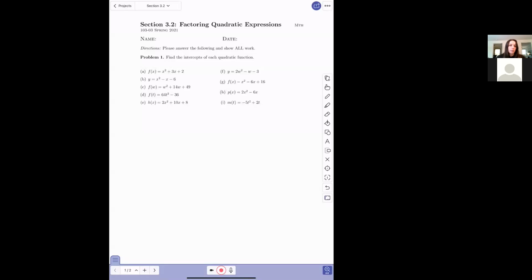Okay, so we're working on section 3.2, which is factoring quadratic expressions. So for the first 9 problems, we have to go ahead and factor and then solve for the intercepts. So when we're factoring,